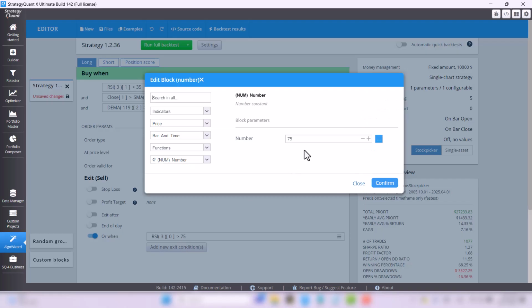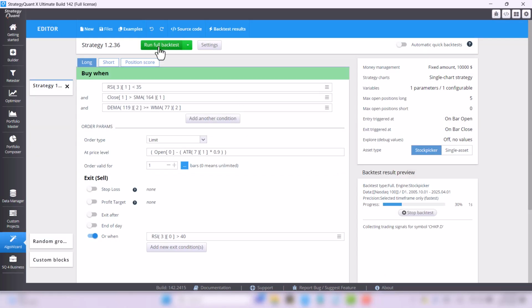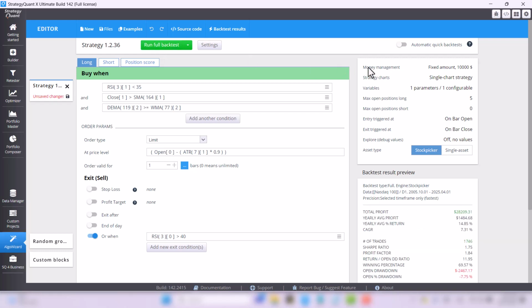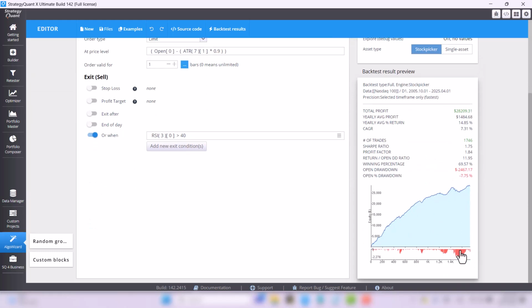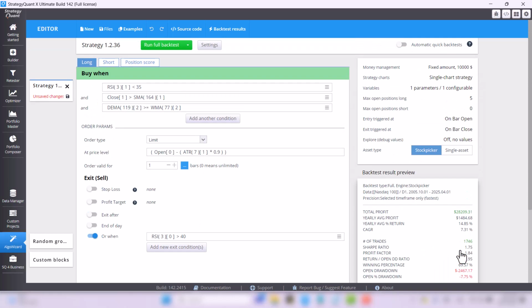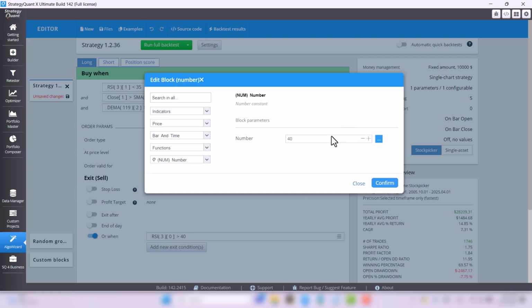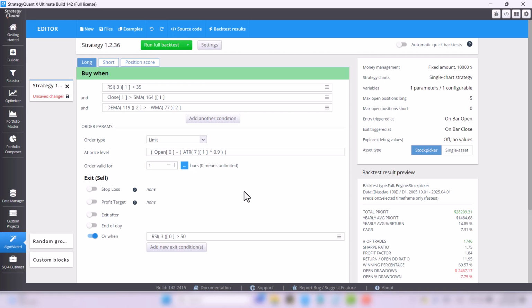So I will therefore try a value of 40, meaning the trades will be held for a significantly shorter period of time. And even so, the strategy still holds its character. Now it's time to bring the value back to its original state, and it was number 50. With this, we have been able to verify that despite the change in parameters, the strategy is robust. However, by varying the parameters and trying different values, we got to the results that we can then predict.